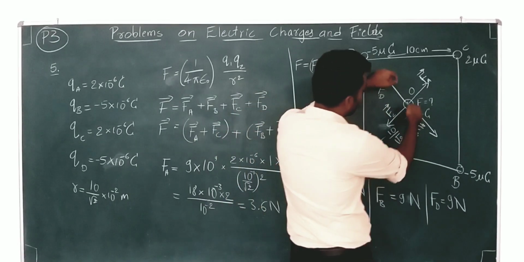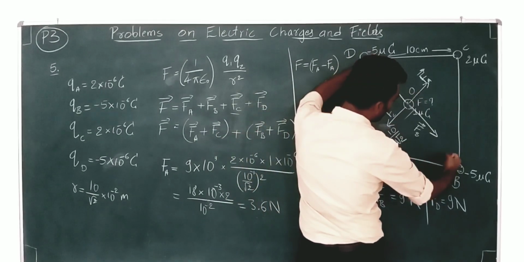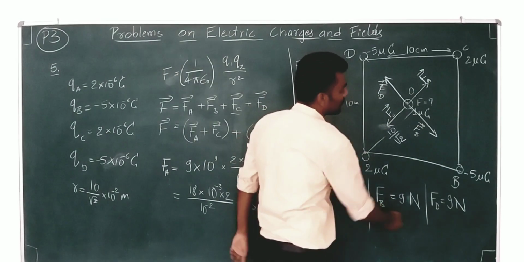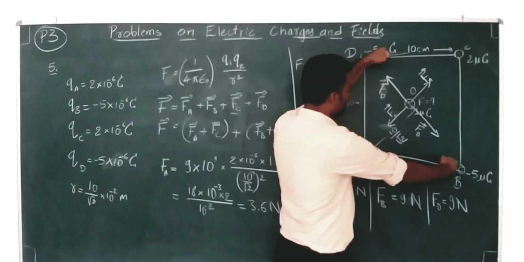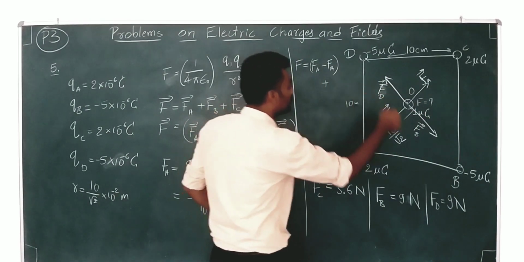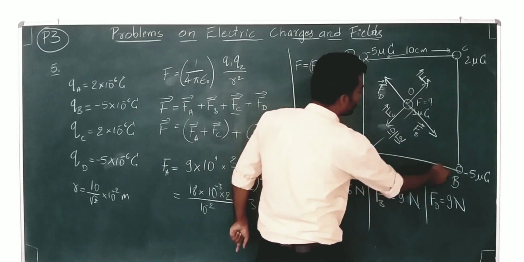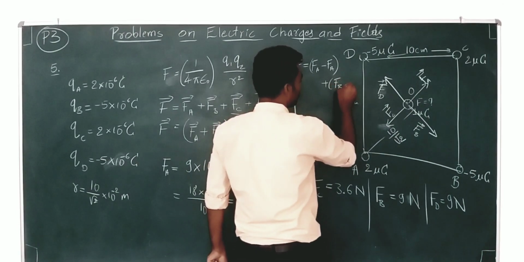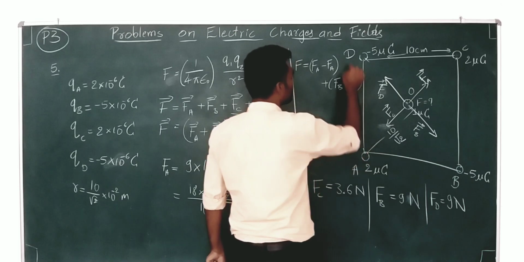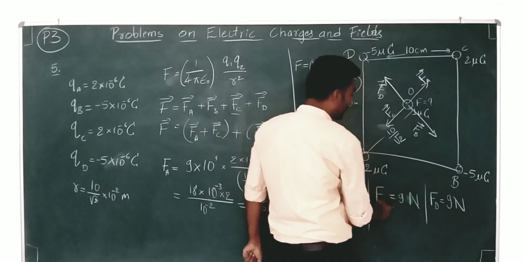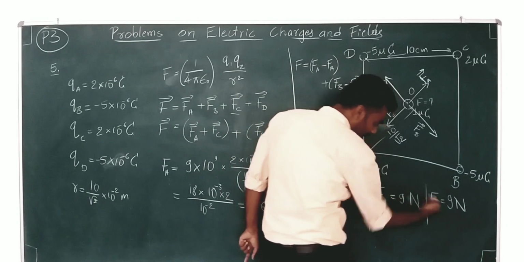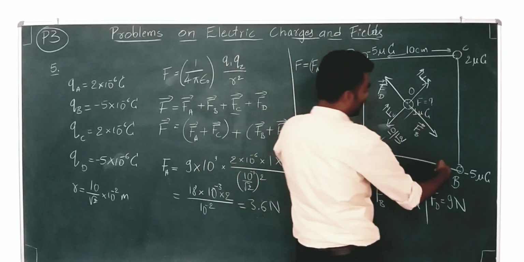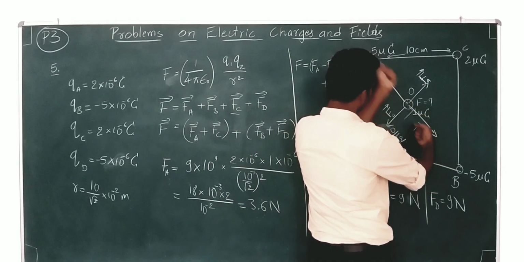And the same way here, this charge at the center O is pulled by these charges D and B with equal amount of forces. Again 9 Newton, 9 Newton. So both of them are pulling this charge with the equal amount of force. So the net force due to these two charges on this charge O will be Fb minus Fb. Why? Because Fd is equal to minus Fb. The magnitudes of them are same, 9 Newton, 9 Newton. But when it comes to vector addition, one 9 Newton is in this direction, the other 9 Newton is in this direction.